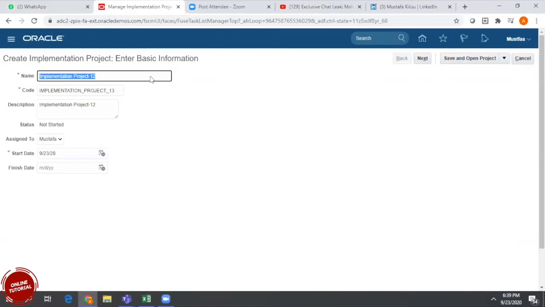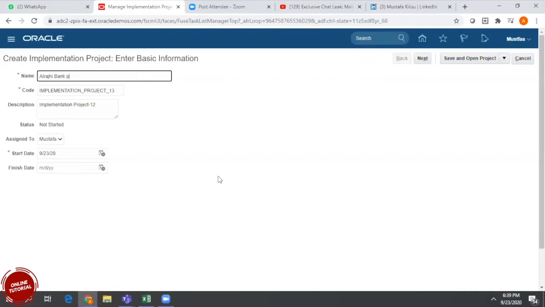So for example, let's take one project. For example, I am implementing for Al Rajhi Bank. So Al Rajhi Bank project.